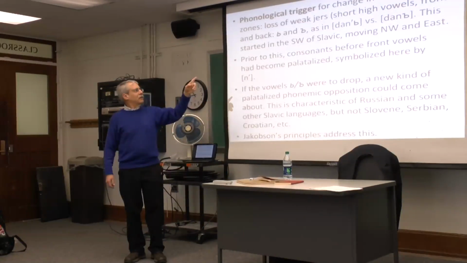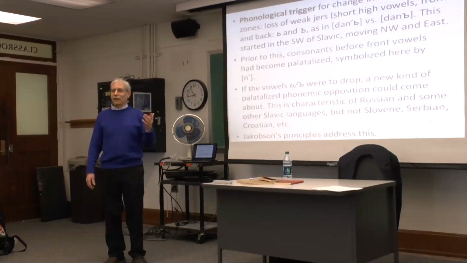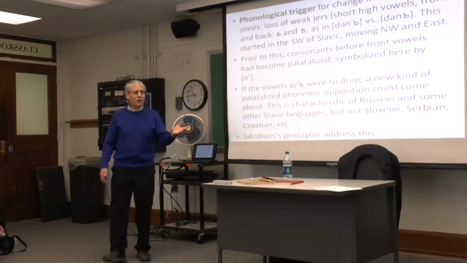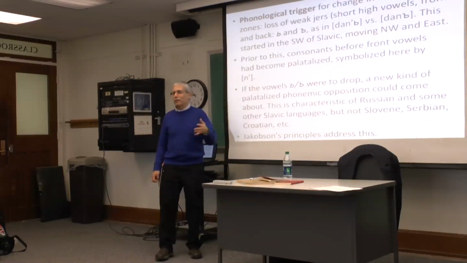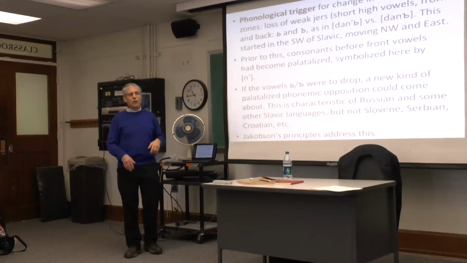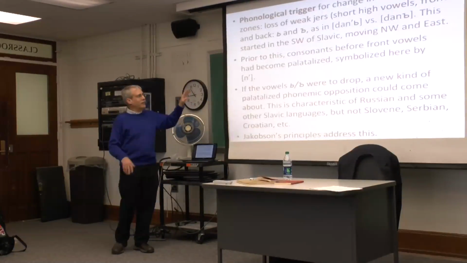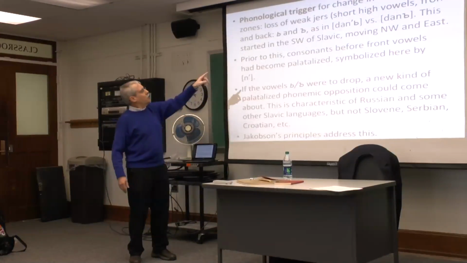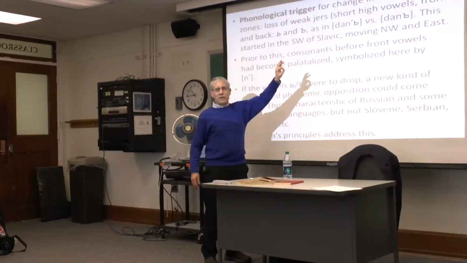Listen, dan, dan. And not every language has that. And I remember, Jakobson always used, when he gave his lectures, he always used to give this example with krov and krosh. And where you said many people in many languages never could really hear this difference because it's something that some languages have, and this is very particular to certain Slavic languages for the eastern side of Slavic. So, for example, in the western part, Serbian, Croatian, Slovene, and so forth, they lost all that, and that's part of the whole story. But this is what could have happened, that according to Common Slavic, you had this potential for this to happen.